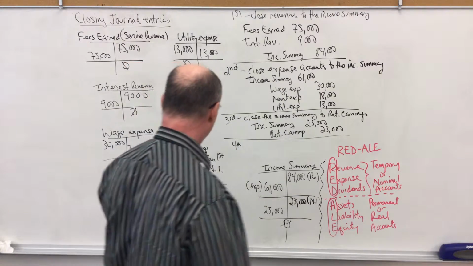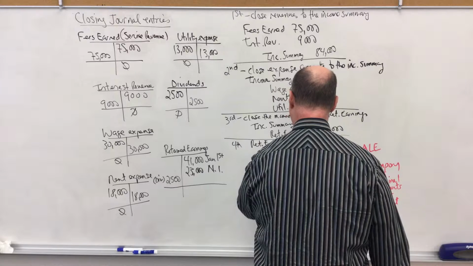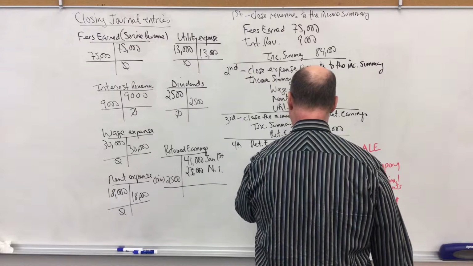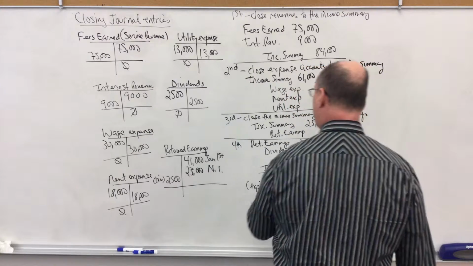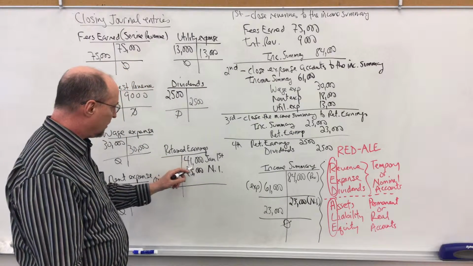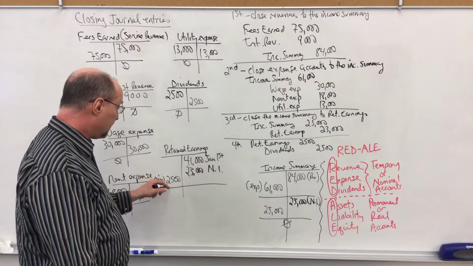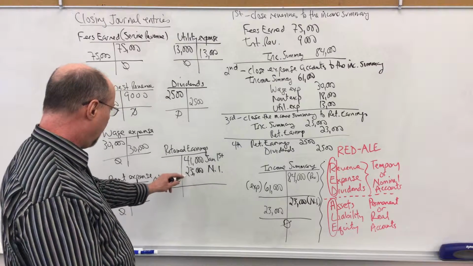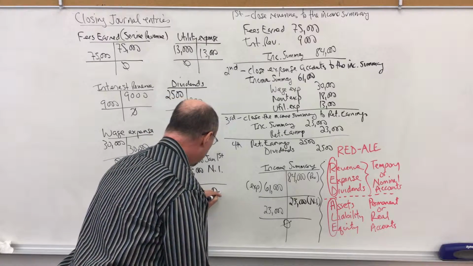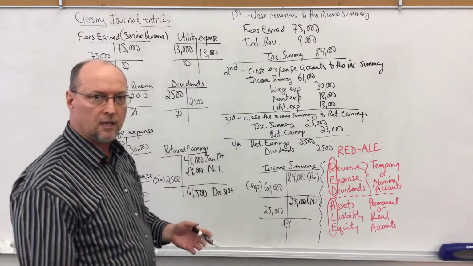So let's record the journal entry. Debit retained earnings for $2,500 and credit the dividend account for $2,500. Okay, and my ending retained earnings is beginning retained earnings plus net income, or minus the net loss if you have a net loss, minus the dividends equals ending retained earnings. So this is $61,500 ending retained earnings on December 31st, which we know goes onto the balance sheet and the stockholders' equity statement.